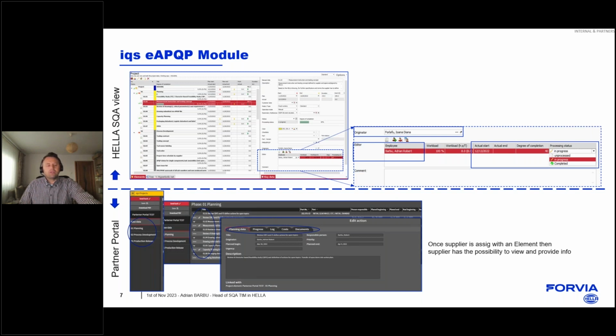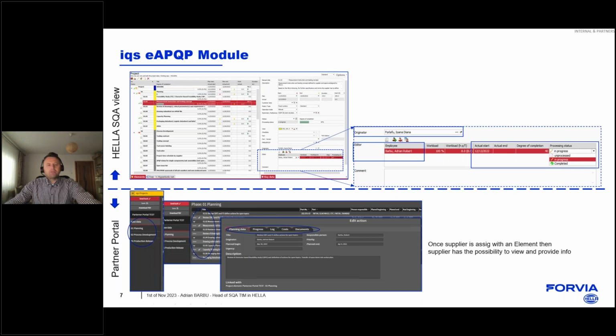We also use an escalation approach: when they delay an activity and it's not according to the agreed time, within the tool we can see this and react very fast to the business partner, to the partner portal itself.